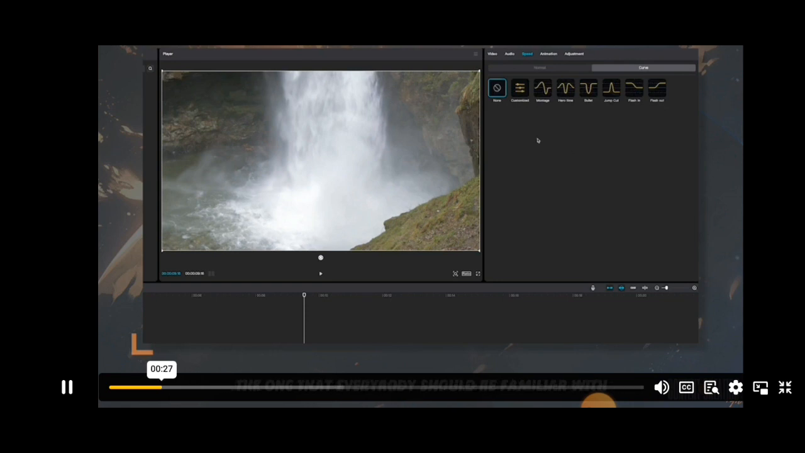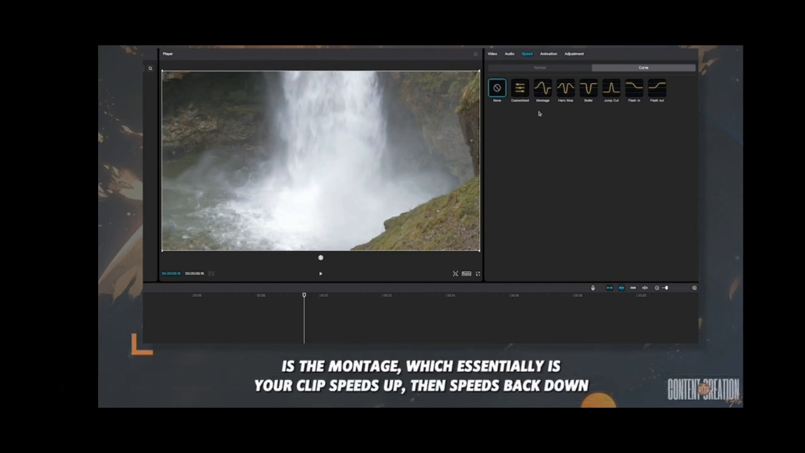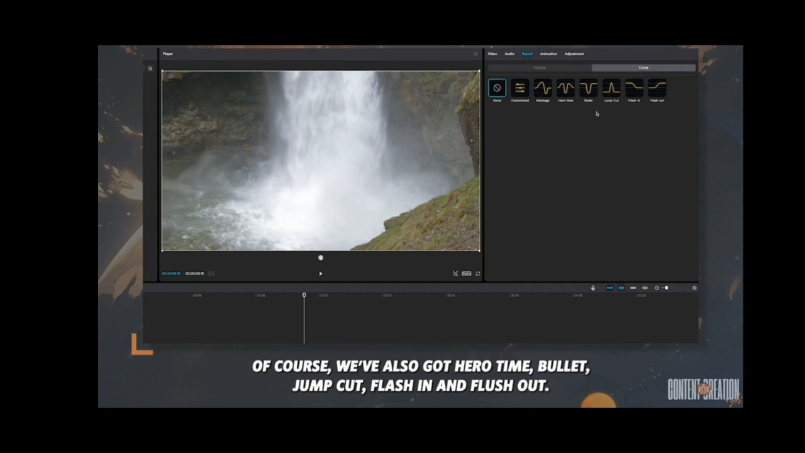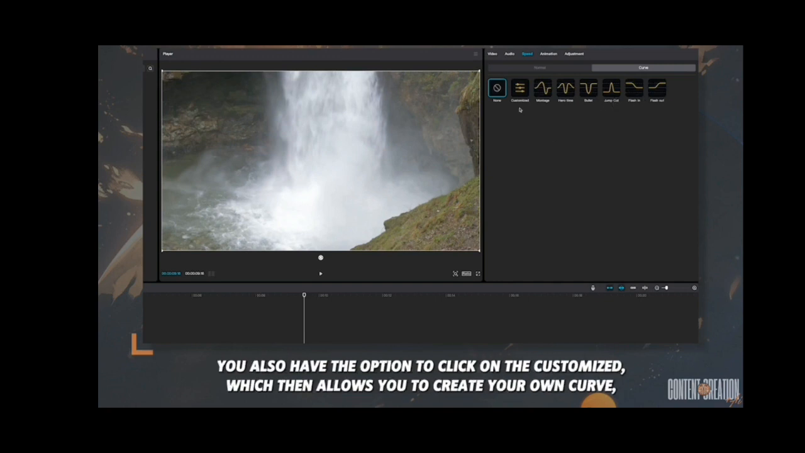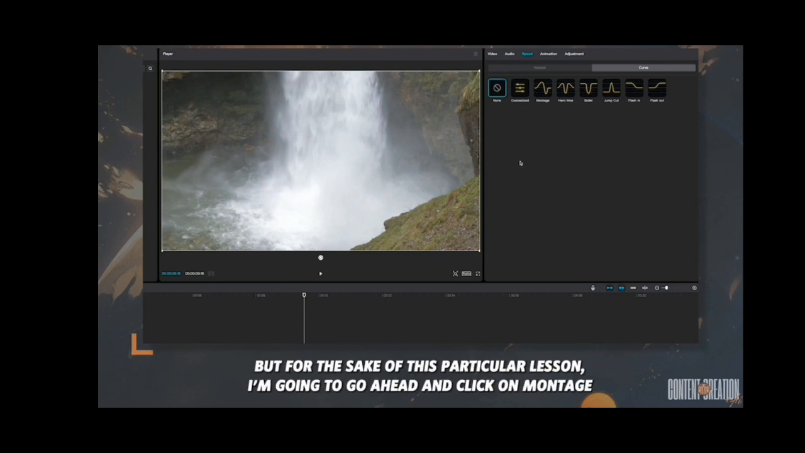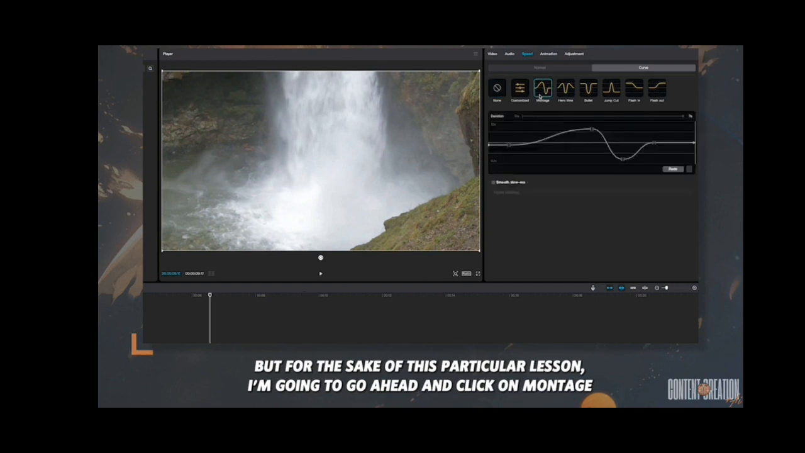The one that everybody should be familiar with is the montage, which essentially is your clip speeds up, then speeds back down, and then goes back into its original time. It's something that I use extremely frequently with a lot of my content creation. Of course, we've also got hero time, bullet, jump cut, flash in, and flash out. You also have the option to click on the customize, which then allows you to create your own curve. But for the sake of this particular lesson, I'm going to go ahead and click on montage, and I'm now